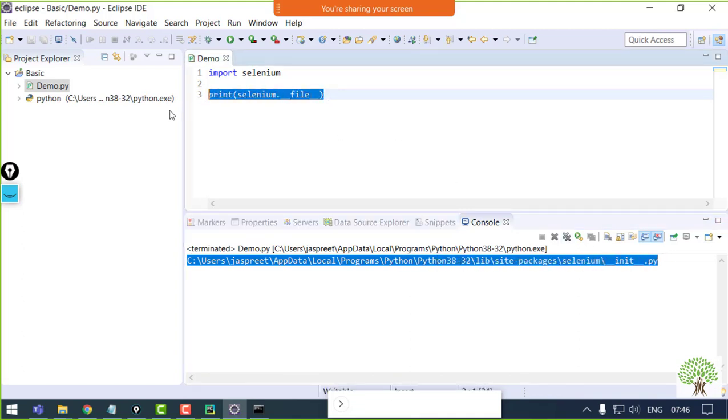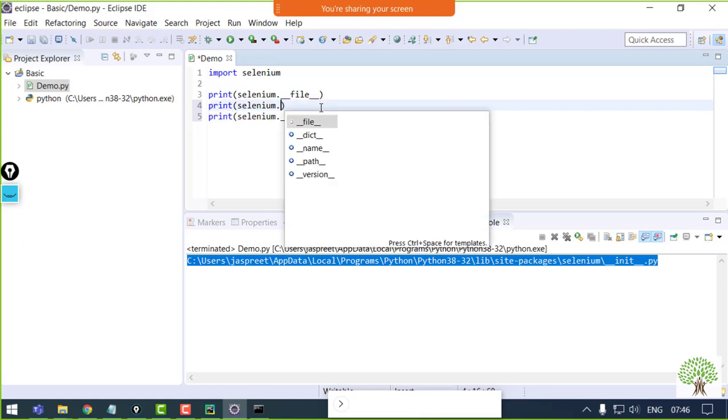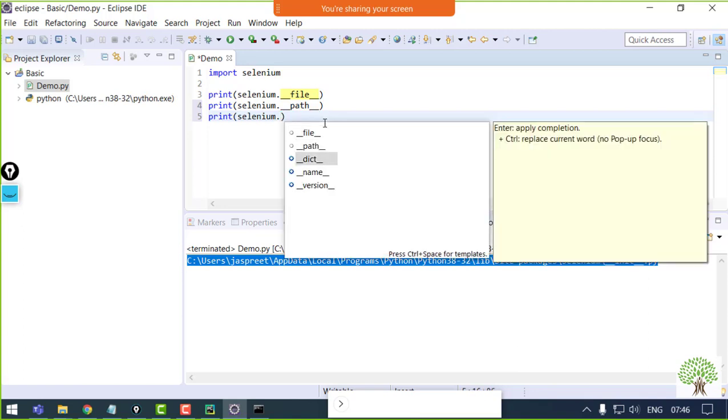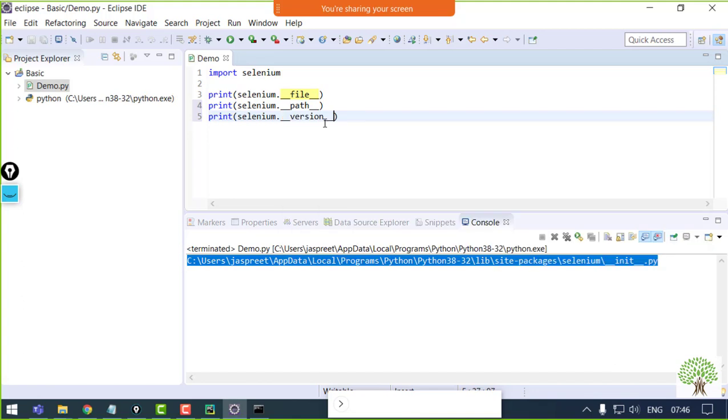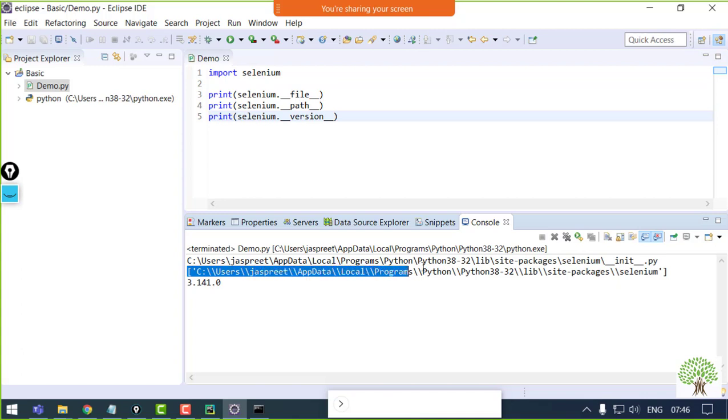The same way I can check the details also, like I can check the version, I can check the path, and I can also check, let's say, version. So in my system, this is the path of my Selenium where it's lying currently. If I have to go to my Selenium package anytime for some details, I can follow this path. And the version, yeah.